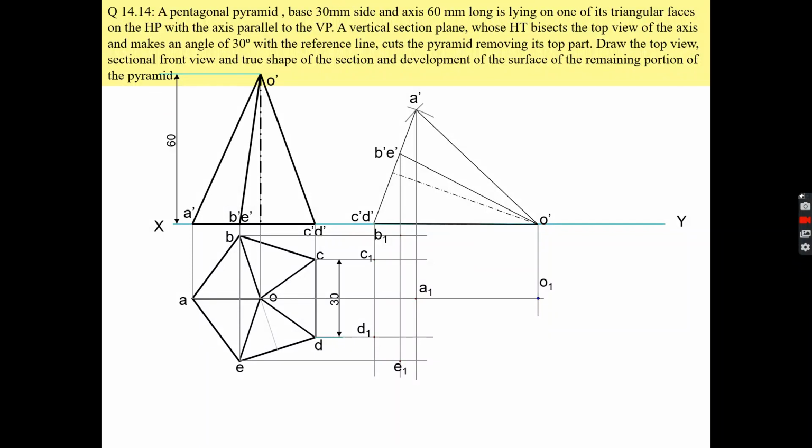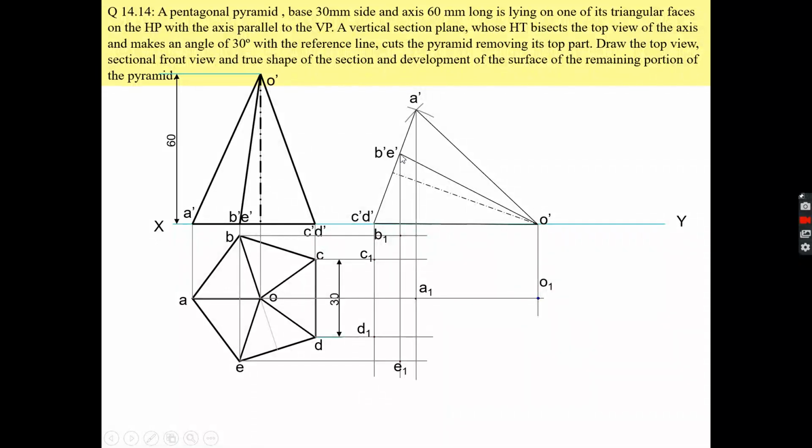So when you're drawing the top view of the solid, which portion is visible and which portion is not visible? How will you decide? I have already told you when we were learning the projection of solids. When you see it from the top, your O dash A dash will be visible, and this is your triangular face OAB.